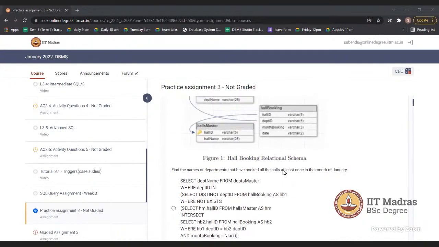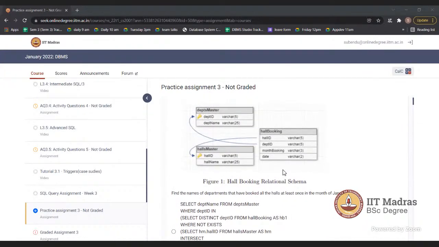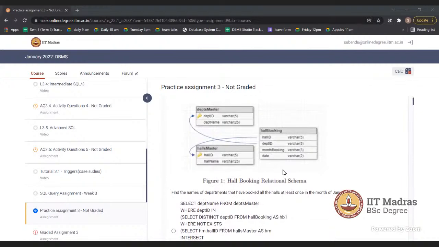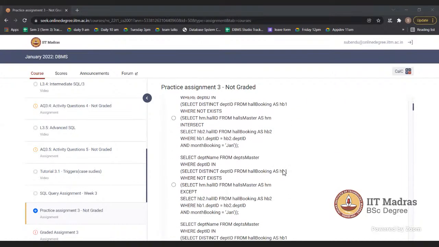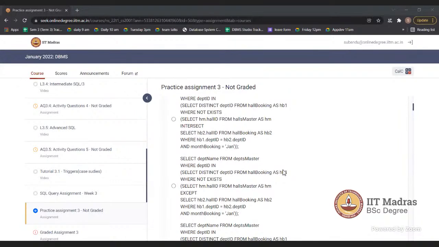So now the distinct department ID in the IN clause will be evaluated to see whether the NOT EXISTS gives false or true for that particular department ID. If NOT EXISTS finds a non-empty set, then it will return false, right? If it returns an empty set, then it returns true.